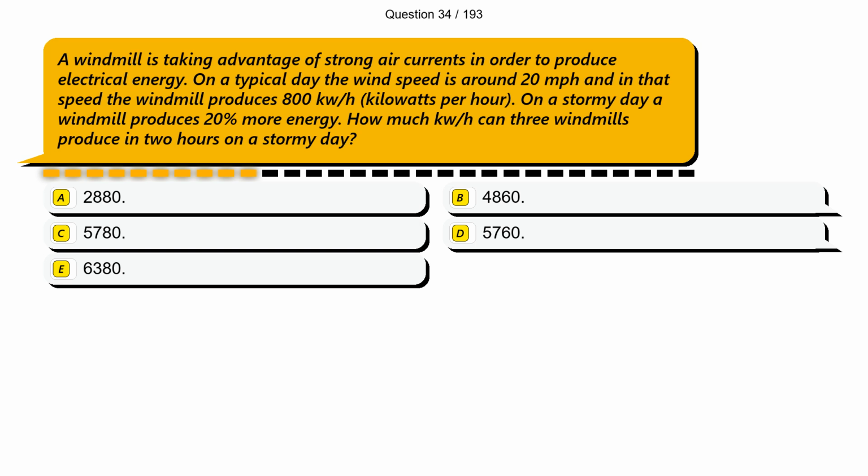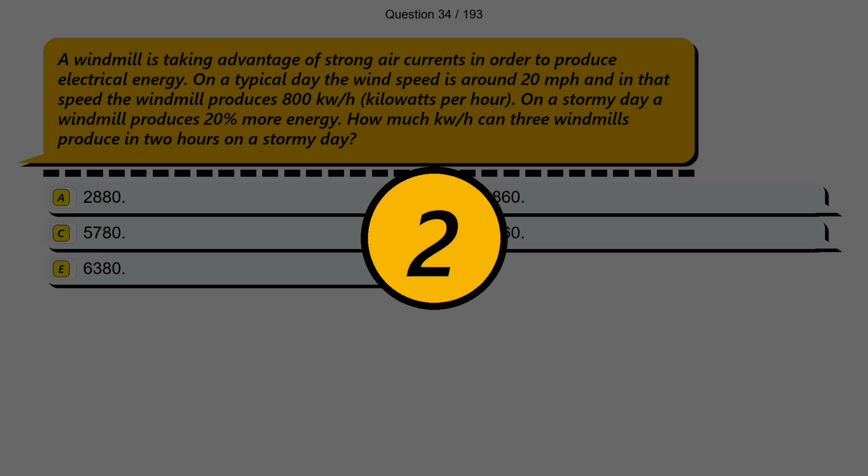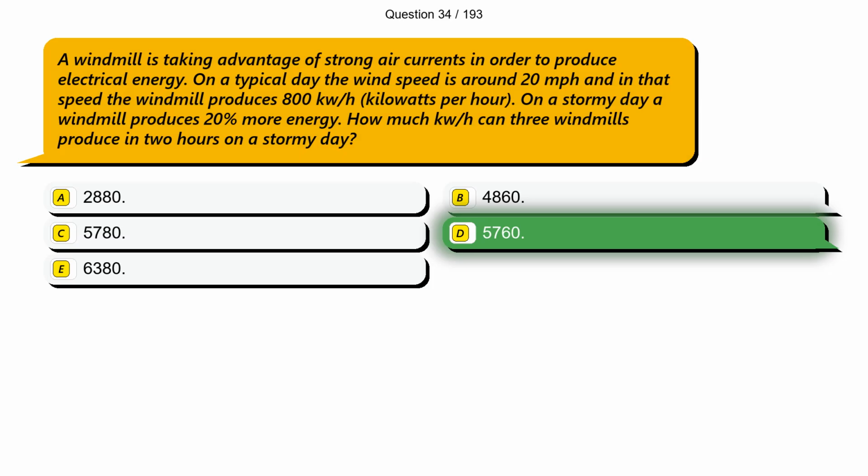Option A, 2,880. Option B, 4,860. Option C, 5,780. Option D, 5,760. Option E, 6,380. The correct answer is option D,